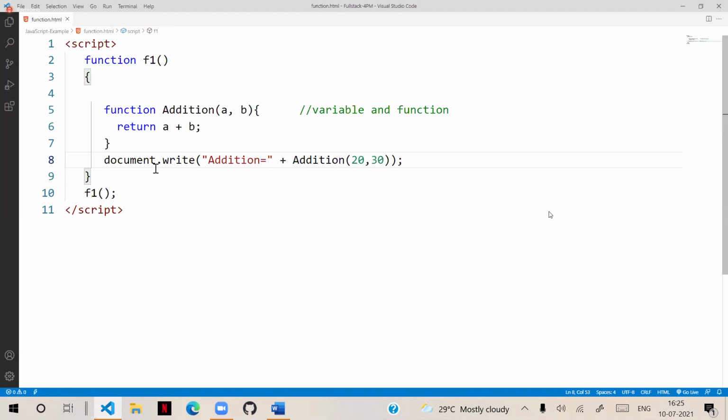Now what happens is, we don't need to store in a separate variable. It will perform 20 plus 30, and the result it will store inside this addition. That result we are printing here. That means addition is a function and a variable now.